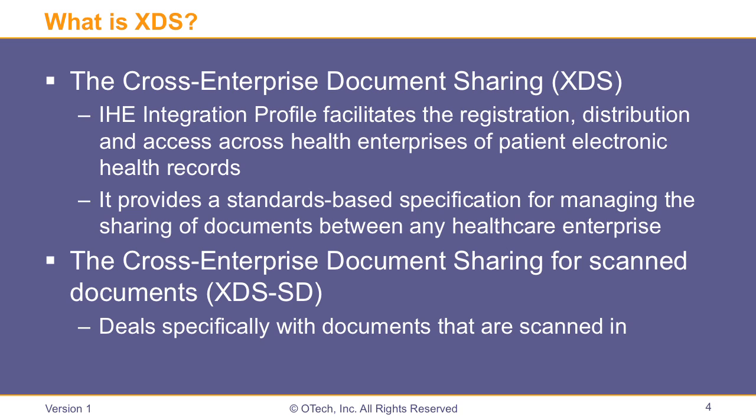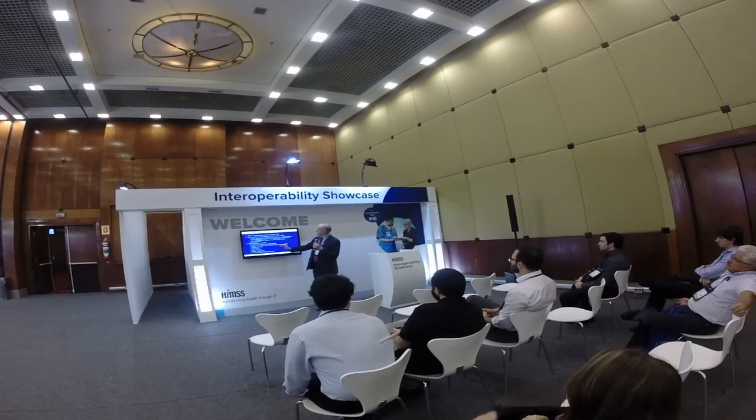There's also a version for document sharing for scanned documents, and kind of a transition. We really want to make sure that we have all the documents in electronic format so the discrete data can be imported in the receiving system. But as a temporary solution, there might be a lot of scanned documents that could be adopted as well or exchanged as well. What are some of the use cases?